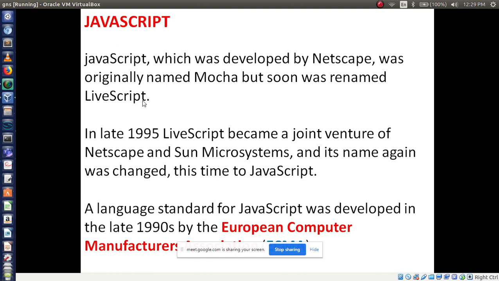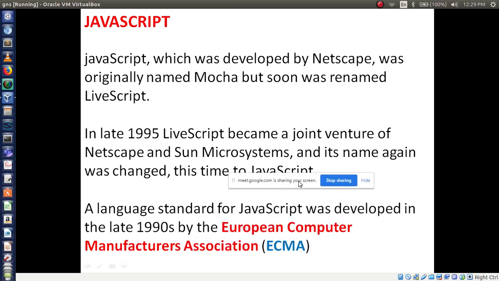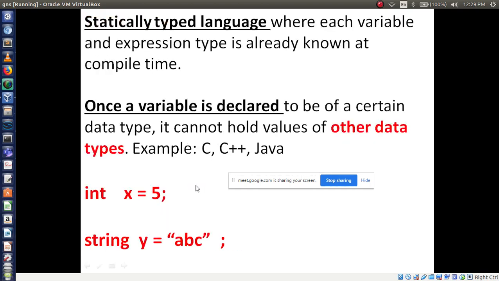The language standard for JavaScript was developed in the late 1990s by the European Computer Manufacturers Association, ECMA. So it is a brief introduction of JavaScript.